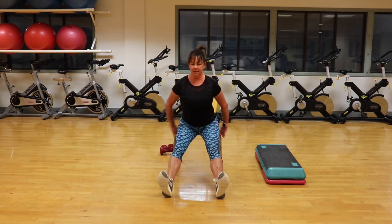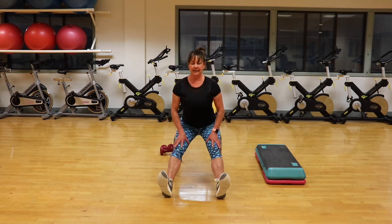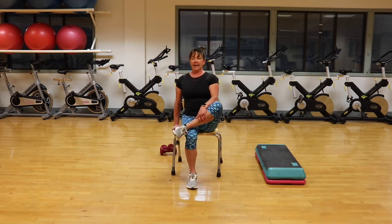Dig those heels into the floor. Hinge from the hips. Keep the chest open. Nice flat back. Good, and let's release. Let's take that other leg, I'm going to crisscross it over top and stretch that other